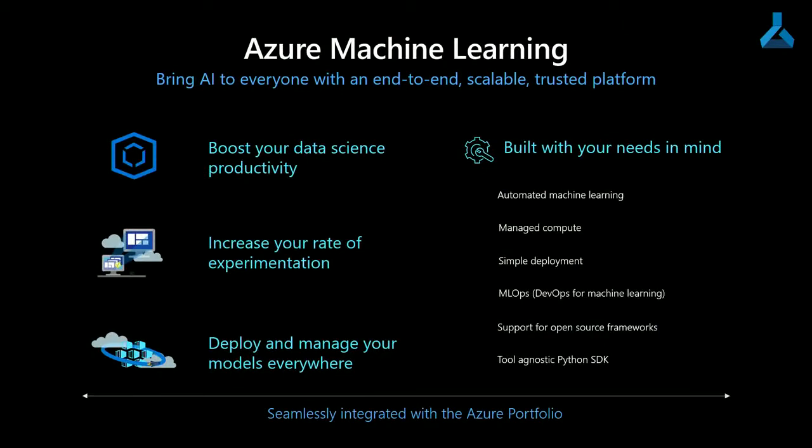Secondly, you saw the pain points in the slide: because of the number of models you have to generate to arrive at a successful model, you have to do a lot of experimentation. So you have to build different kinds of models and then pick one of them. Hence the rate of experimentation has to be really, really high, and you need a good system to support that, which Azure Machine Learning brings to the table. Things like hyperdrive integration help you increase your rate of experimentation to build good models in a quick, efficient and accurate manner.